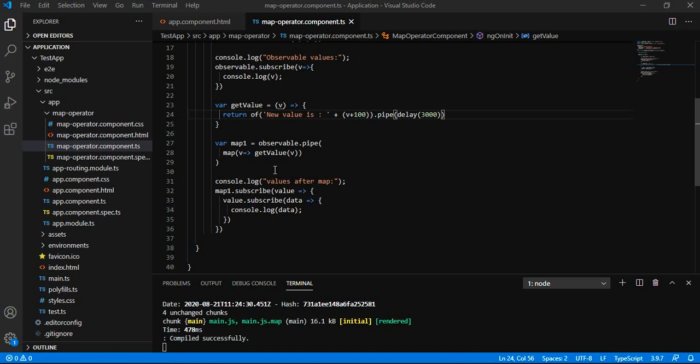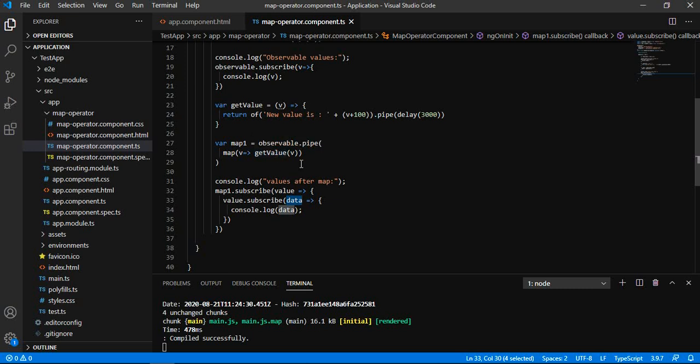So we should have some mechanism so that we can have one source that emits the values coming from all the inner observables that have been emitted from the source.